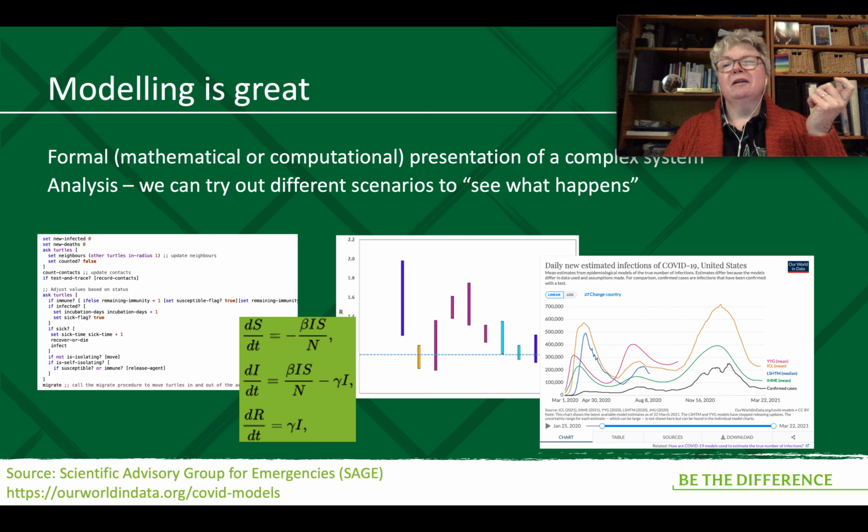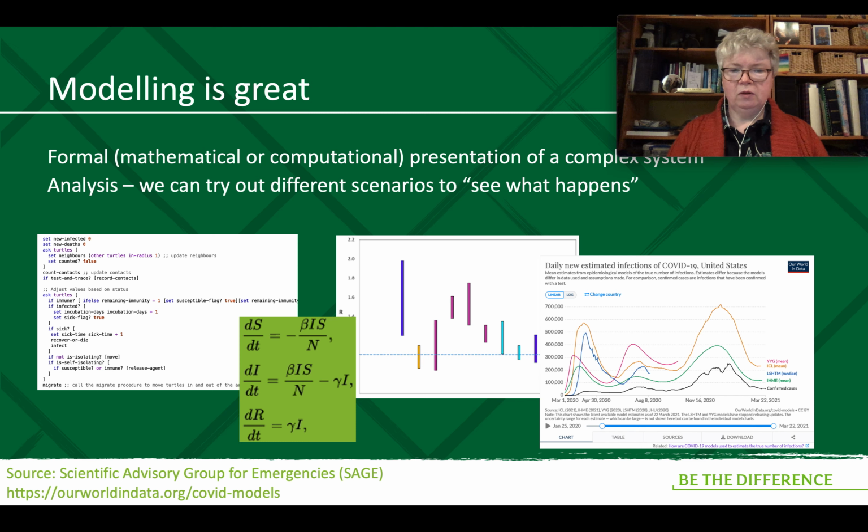So I love modelling. It's really good. It's a way of creating order out of the complexity of the world. And so for me, modelling is a way of writing a computational model of a complex system, usually a biological system. So I've been doing biological systems for a while. And the really nice thing about modelling is you can try out different scenarios, different models, see what happens. You can explore solutions to problems without having to execute them in the world, so you can discover which one is the best solution. We've seen a lot of that this year with COVID,